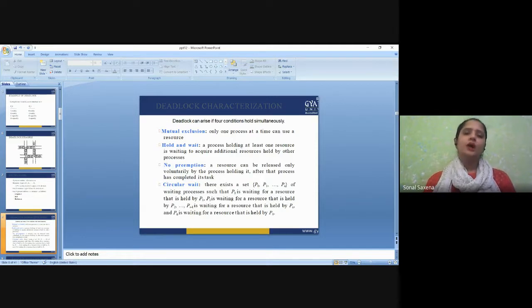So these four are the mandatory conditions for the deadlock to occur in a system. Out of these, even if a single condition is not there, then the deadlock cannot occur. So if you want to recover from a deadlock once your system has gone inside the state of deadlock, you can just take one condition out of these four and find the solution for that. And if you have found the solution for even a single condition, then it could be a case where your system will not go into the deadlock state. So this could be taken out.